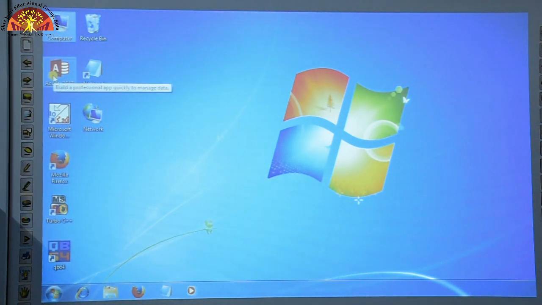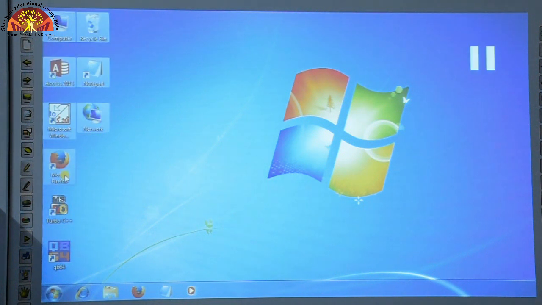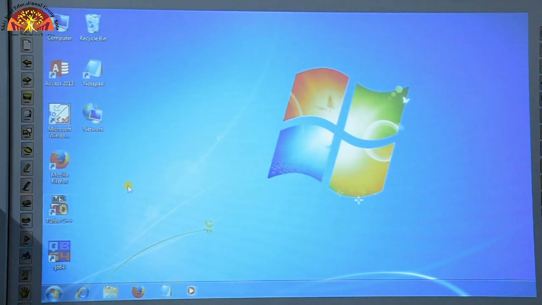Here I have clicked on icon number 4, and you can see, students, all the adjacent icons have been selected on your desktop screen. Okay, now we will click on the blank desktop screen to deselect them. Here you can see, students, the icons have been deselected from the desktop screen.